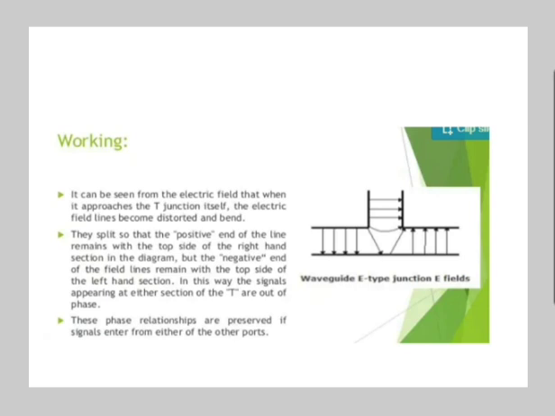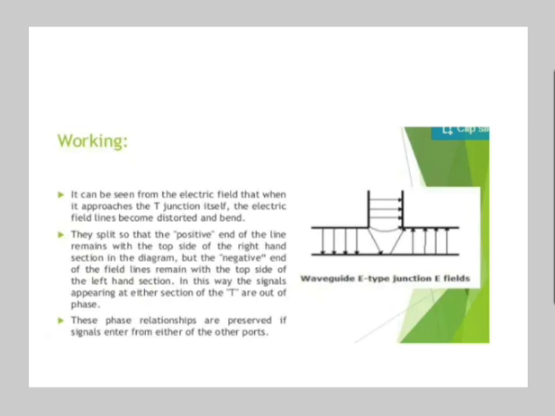It is an intersection of three waveguides in the form of the alphabet T. Suppose here the T shape is port 3 and the remaining two are port 1 and 2. Then ports 1 and 2 are collinear arms and port 3 is called the E arm, which is along the broader dimension of the waveguide. The T junction is a simple 3-port network which can be used for power division or power combining.